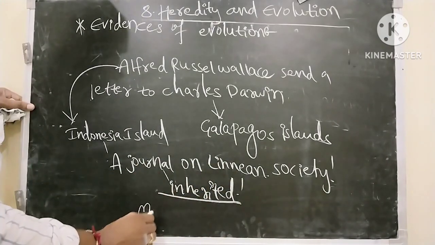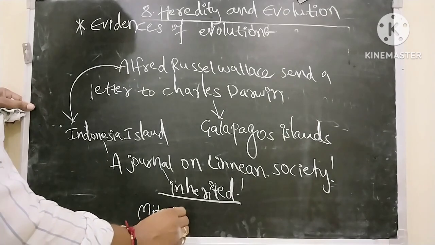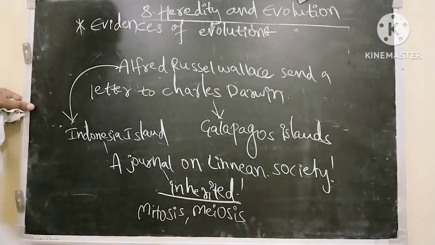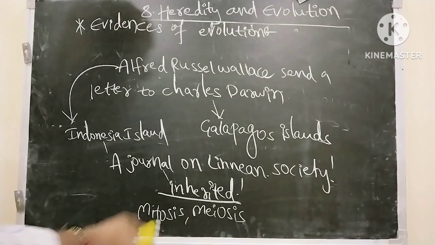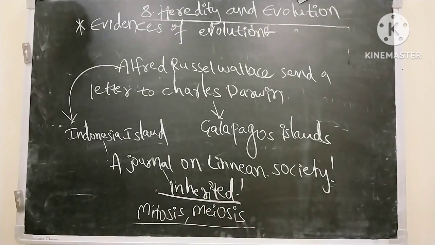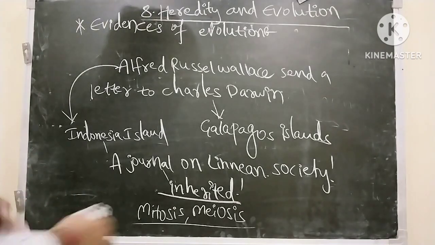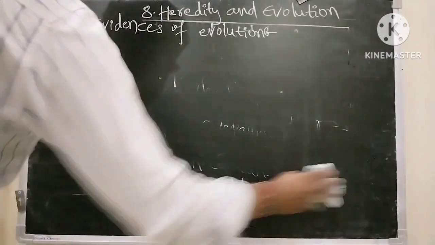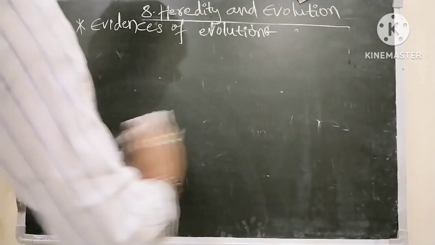As a result, after the discovery of mitosis and meiosis, the problem of how the cells divide and how the variations occur is solved. Even after Charles Darwin's theory, synthetic theory, mutation theory, and many other theories also came. Next,